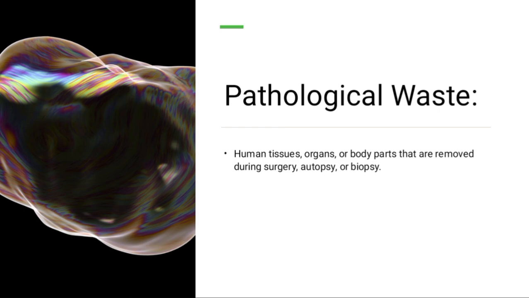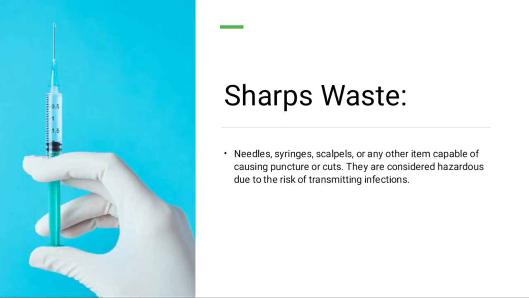Pathological waste: human tissue, organs, or body parts that are removed during surgery, autopsy, and biopsy. Sharps waste: needles, syringes, or any other items capable of causing punctures or cuts. These containers are hazardous due to the risk of transmitting infections. Sharps waste consists of items with sharp edges like needles and broken glass that can cause cuts or